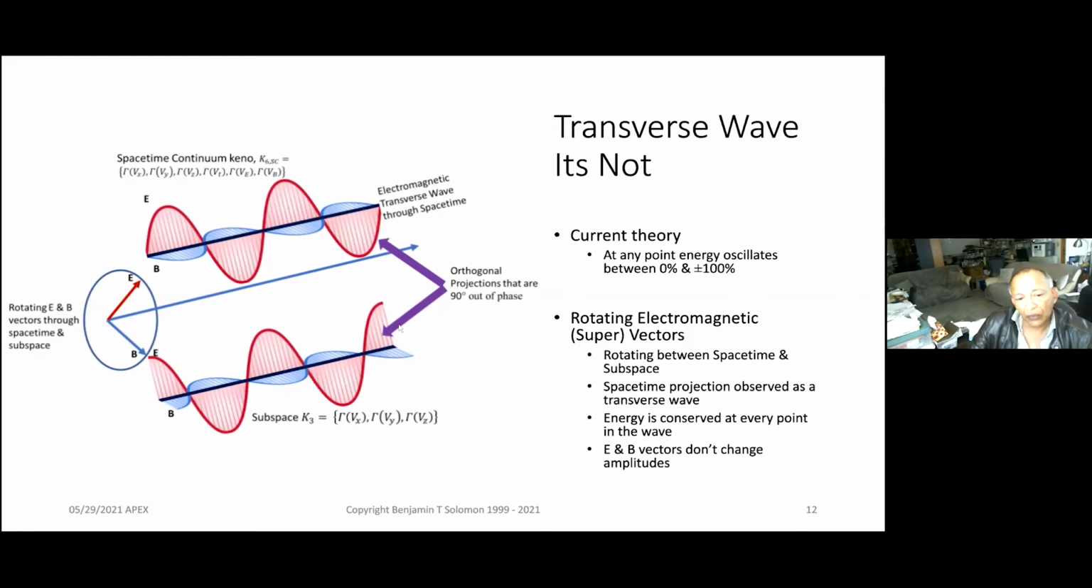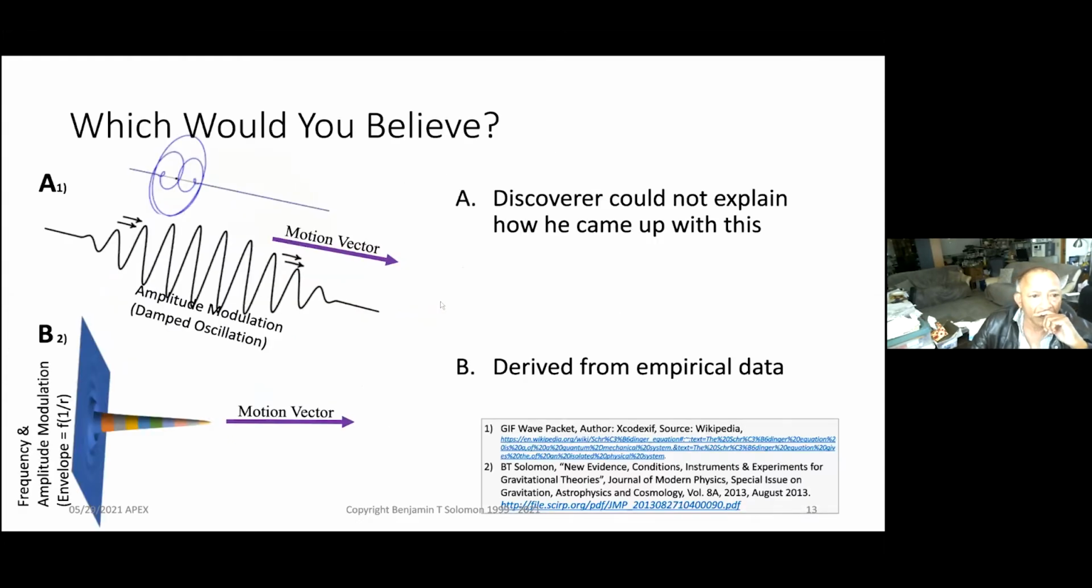Okay, so you need subspace for this to be conserved. Okay, so coming back to quantum theory, which would you believe? The discoverer could not explain how he came up with this wave function of particles, and if you look